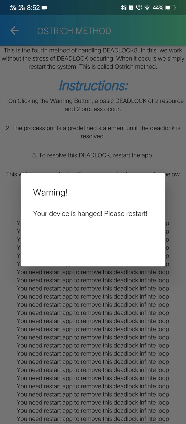Basically, this is our concurrency and deadlock part of the project given to us in the OS course. I hope you like this video and have a better understanding of our project which we have submitted on GitHub. The code is available on GitHub and there is a readme file also available in the same.